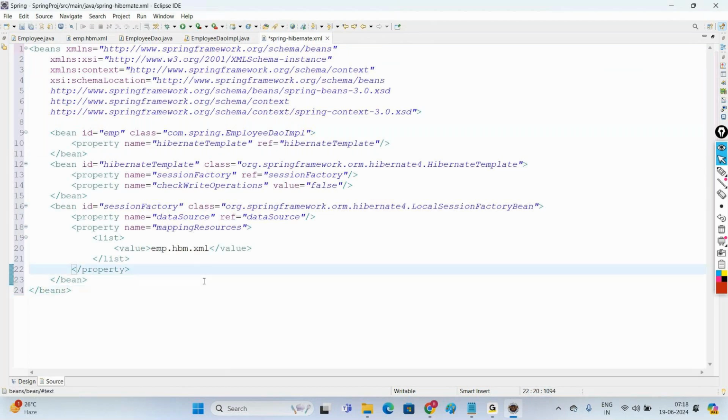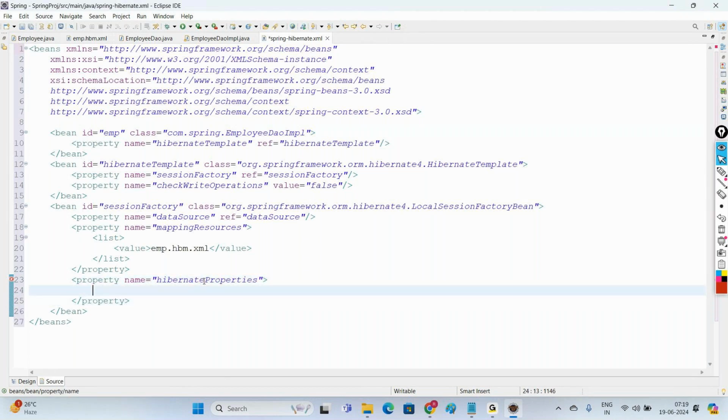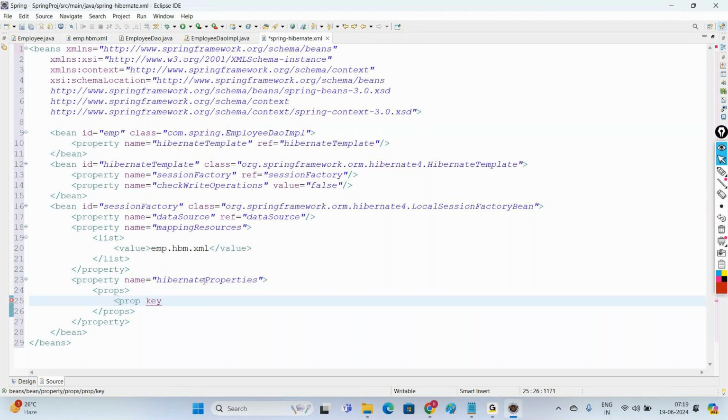It goes with one more property, name equal to hibernateProperties. So here we won't create any Hibernate XML mapping file. In the Spring Bean XML configuration file only, we provide the Hibernate properties. Property name hibernateProperties. Go with the properties like property key equal to